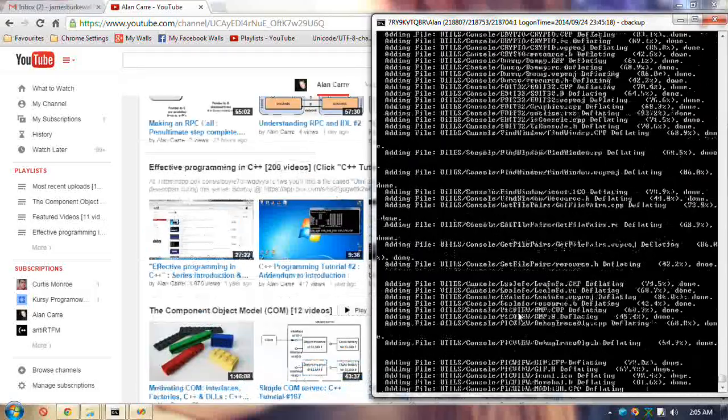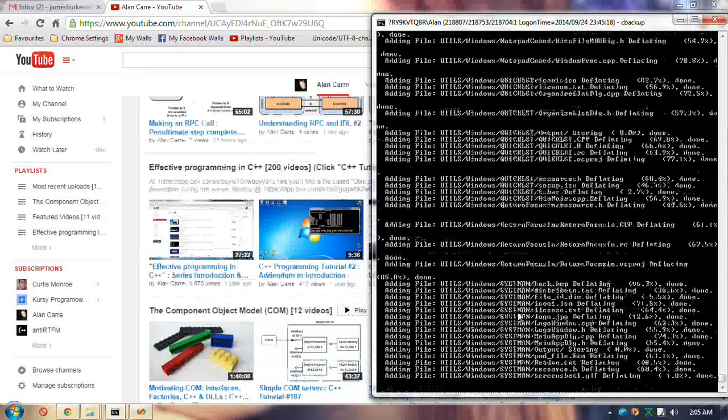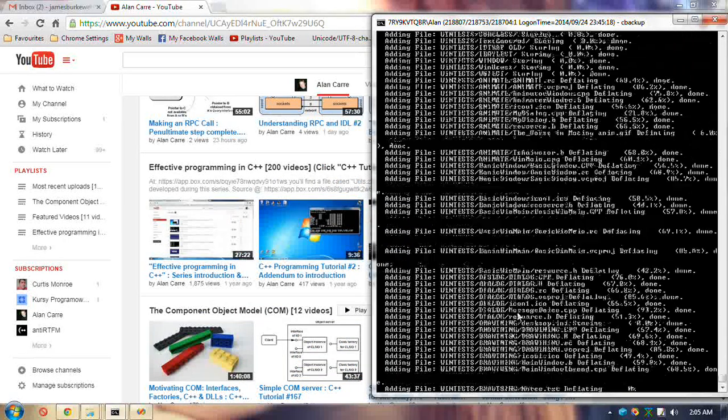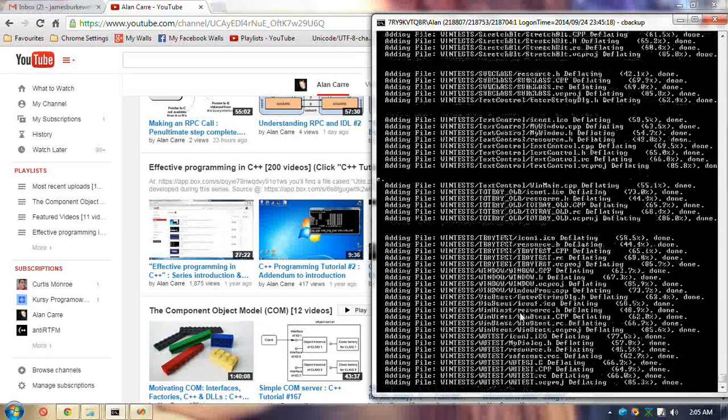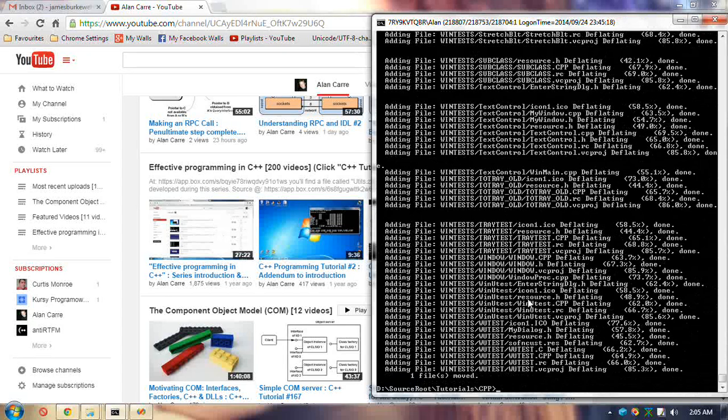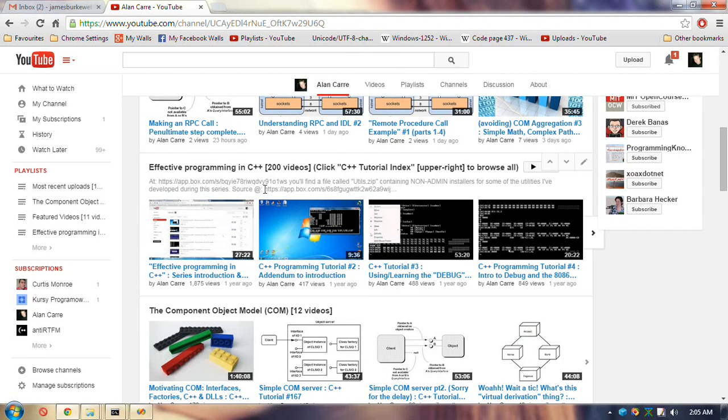To build a backup, there's two steps. I gotta move it to a temporary spot, remove all the source control bindings, and then re-zip it up again. But if you go to the front page and go to this directory, unfortunately that's the last bit of text.